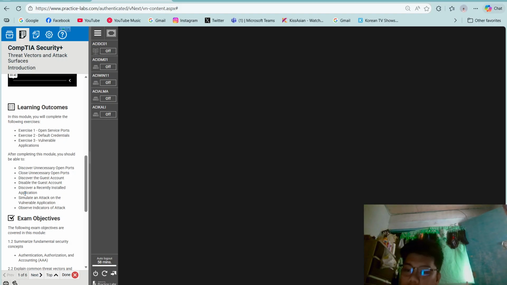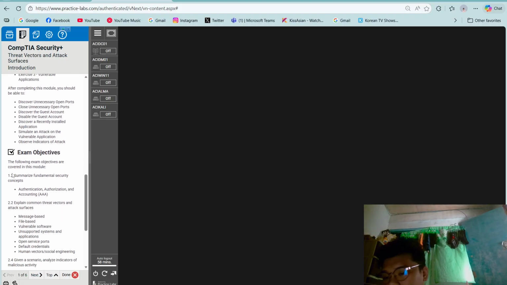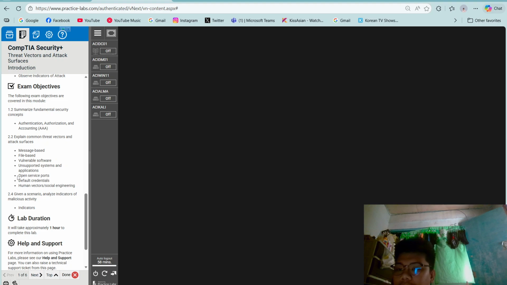After completing this module, you should be able to discover unnecessary open ports, close unnecessary open ports, discover the guest account, discover a recently installed application, simulate an attack on the vulnerable application, and lastly, observe indicators of attacks.